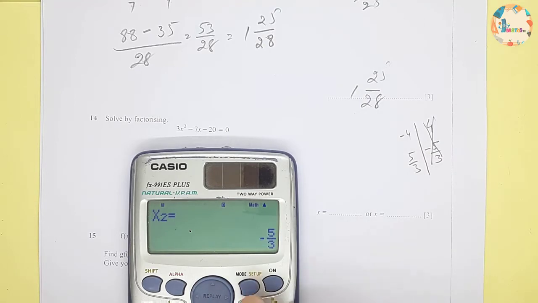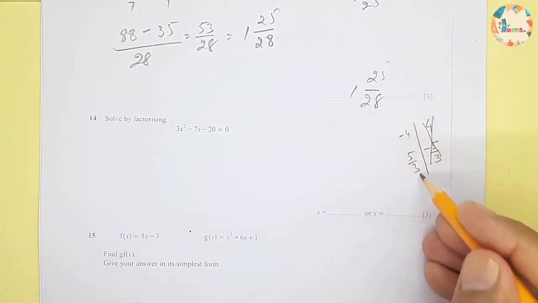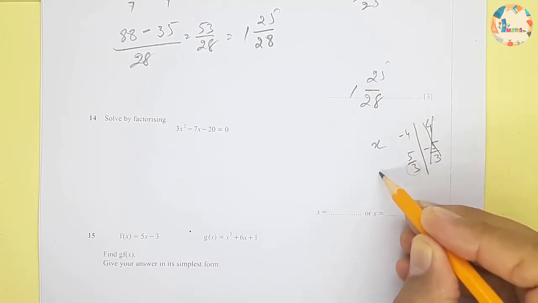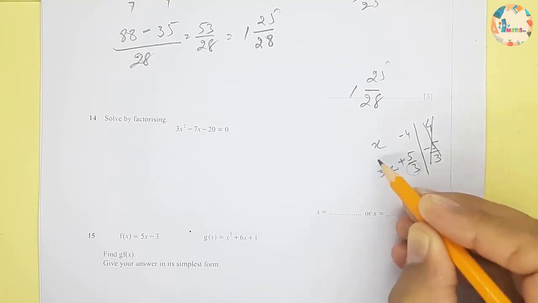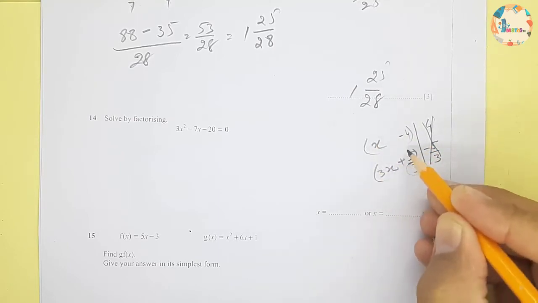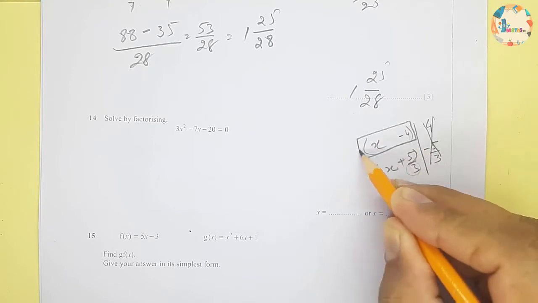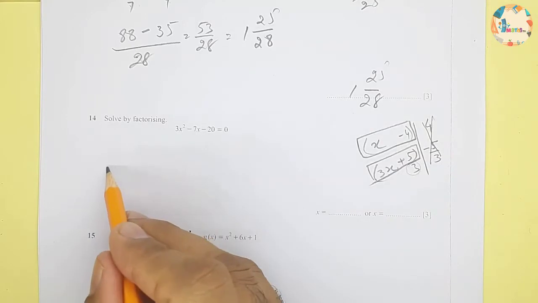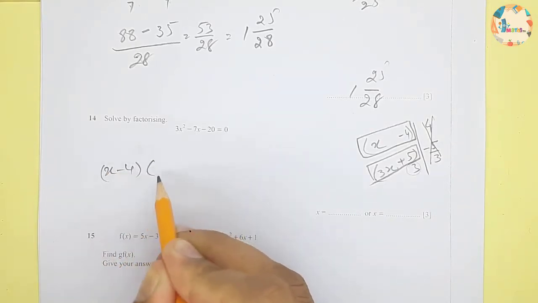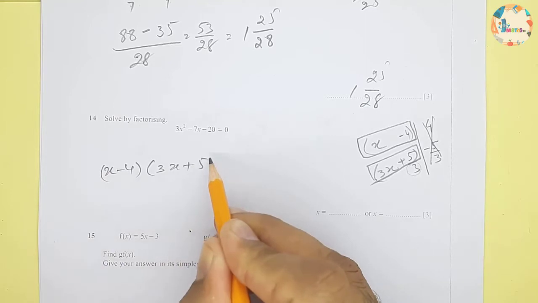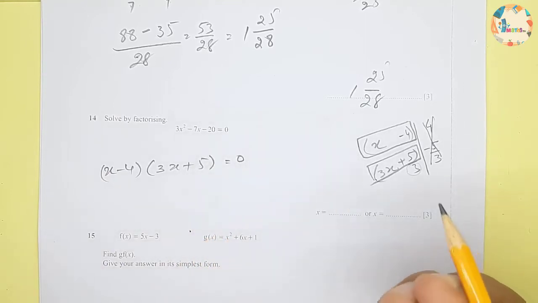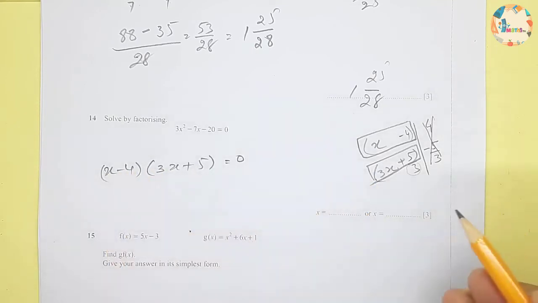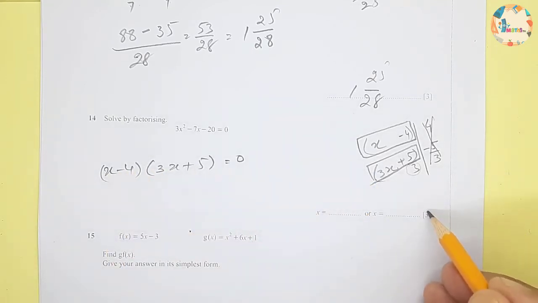So we have taken help from calculator and reached to this one. After that, write this x minus this one and shift this with x, so 3x, and plus this. So these will be your factors. One factor will be this one and second factor will be this one. So these two factors you will be writing here, x minus 4 and 3x plus 5 and equal to 0, this one. And now what you will do, we have to gain, like target 3 marks, so for that one